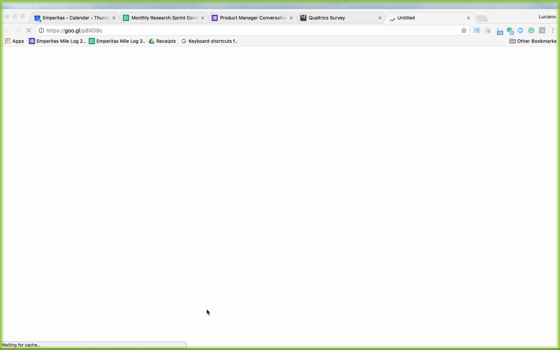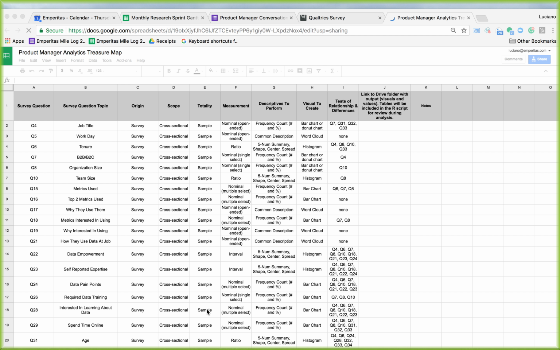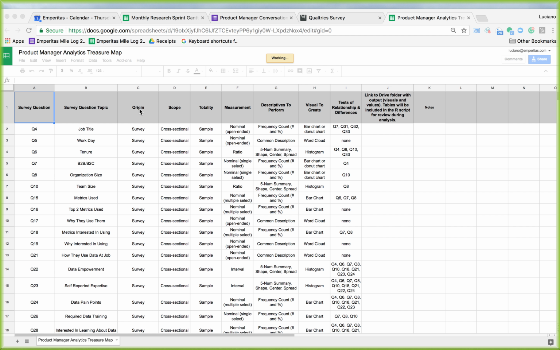This is based on the same survey for product managers, the same core of documents that I've shown you so far. You'll see that the survey questions are over here. This is a description of what the survey question asks. These 4 pieces come from the Interpreting Data Like a Pro lecture that outlined, and there have been other lectures where we've talked about this. These are the 4 different ways to define data. In fact, it's in the last lecture for product managers about data-driven product vision. You need to know the origin, scope, totality, and measurement of the data types. Then what kind of descriptives? So you're going to do some exploratory data analysis, then you're going to go into descriptives,